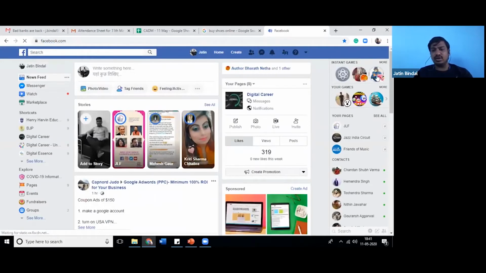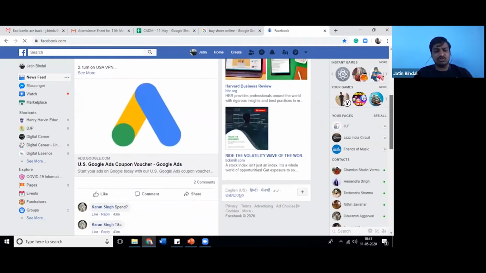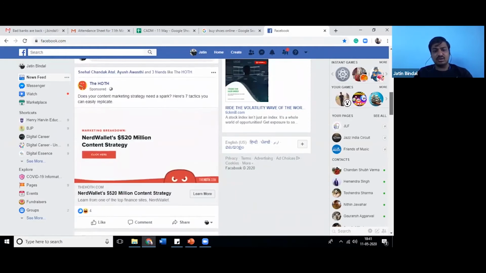Okay, like if I go down, I'm not sure which ad I will see. Okay, this is an ad which is showing, because I do a lot of research. Does your content strategy need a spark? Here are the 5 tactics. Okay, so this is an ad. This is also an ad running on social media.